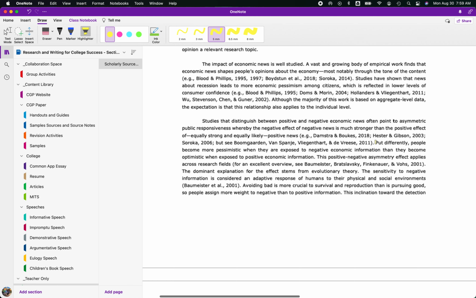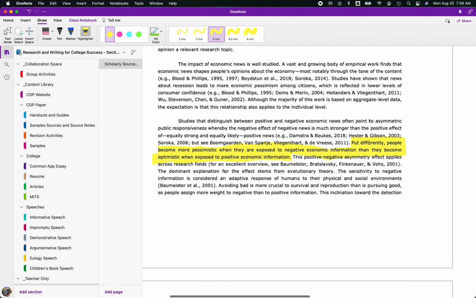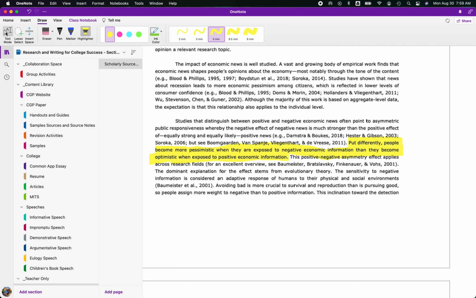So let's do this. "Put differently, people become more pessimistic or negative, if you don't know what that means, when they are exposed to negative economic information, then they become optimistic when exposed to positive economic information." I told you this was going to be messy. So what this author is saying here